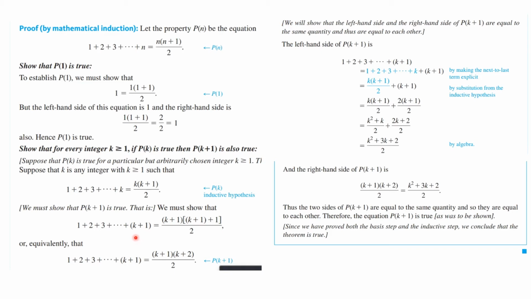But when we're thinking about the algebra, we have to realize that k plus 1 plus 1 is k plus 2. So if we got to this point, then we could just say, but this is equal to that. So that's what we have to show. Okay, so